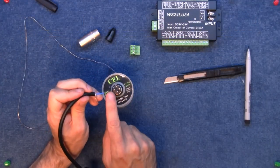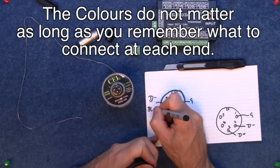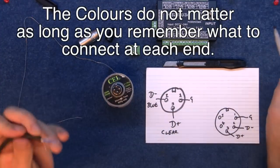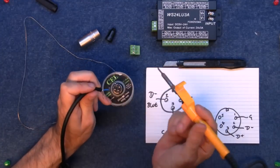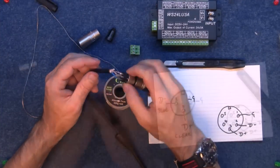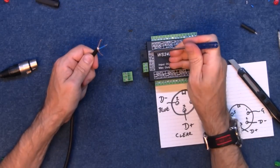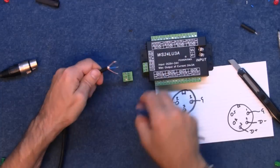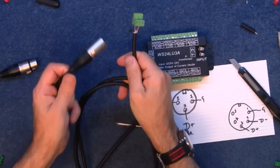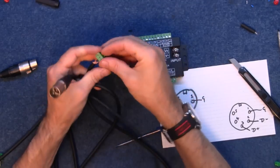So my data minus is going to be pin number 2 here, so I'm going to do that in blue, and this one in clear. Yeah, that's okay. So I had the blue as the data minus, so that's going to be the middle pin, and the data plus on the outside, so there you go, and the ground this side. So I'll just put this on, we'll see what happens. There you go, that's how easy it is to just make up a 3-pin XLR DMX to go directly into this. So if I plug that in,